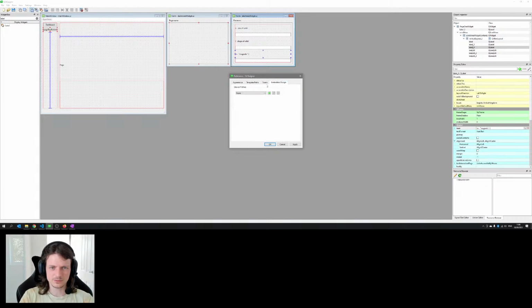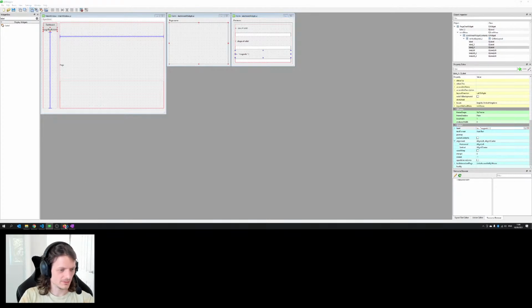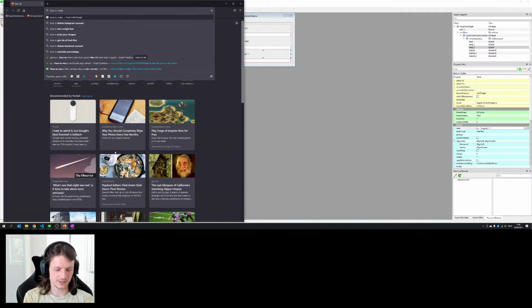There must be a way of doing this. Tool window font, point size 16. No. What was 9 before? Let me double check this. How to make font bigger in Qt Designer.